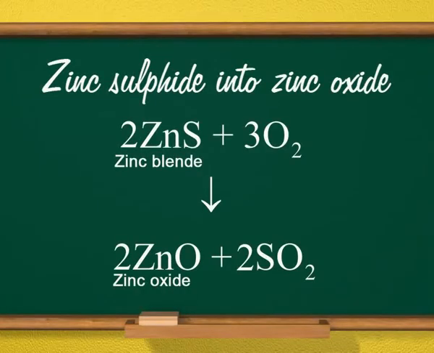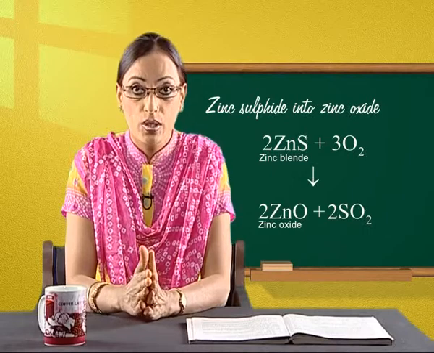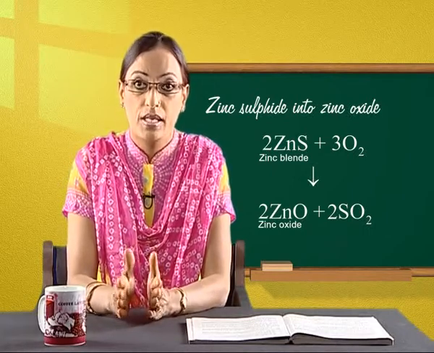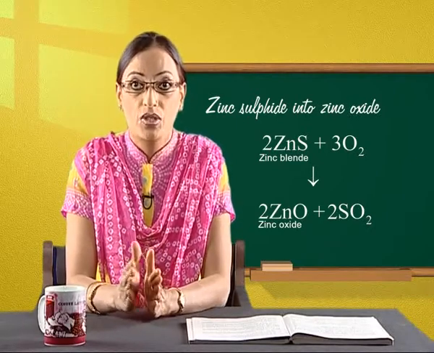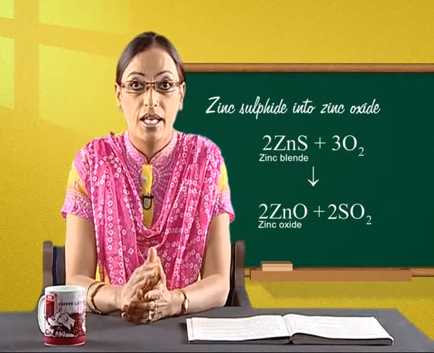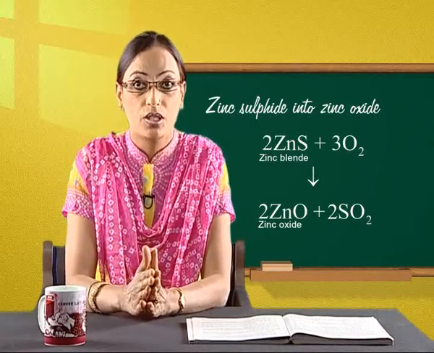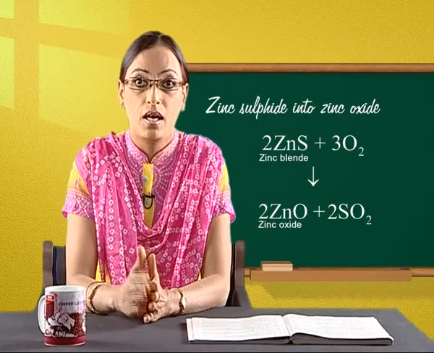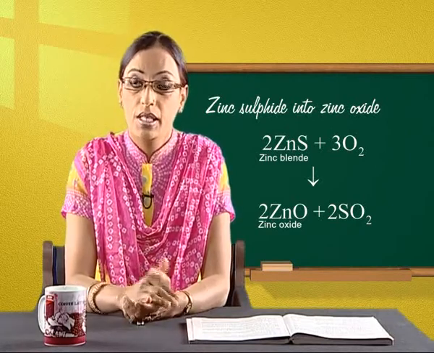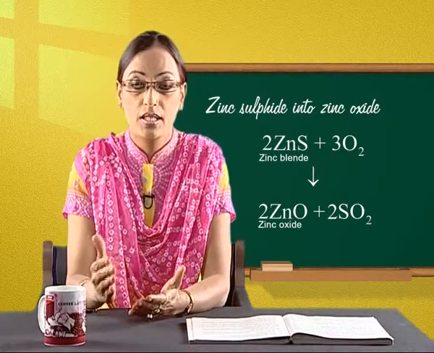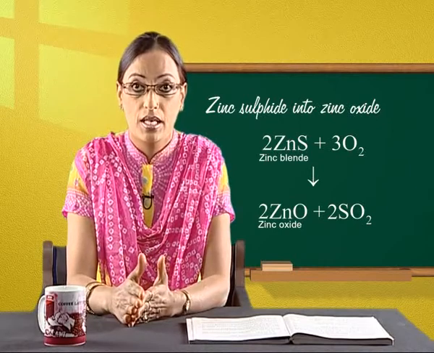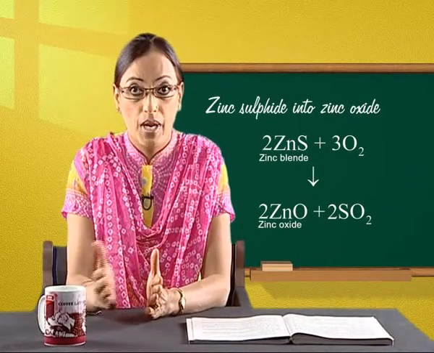zinc oxide. For the electrolytic production of zinc, the roasting of concentrates is achieved in fluidized bed roasters, in which finely divided and heated particles of concentrate are suspended in a rising stream of air. The sulfur content can be reduced to less than 0.5%, and sulfur dioxide gas evolved in it may be used in the